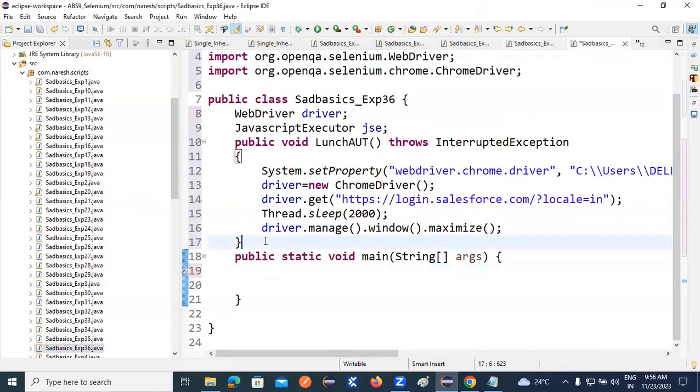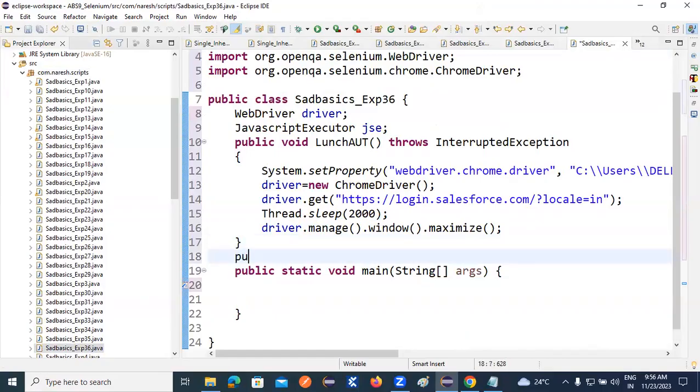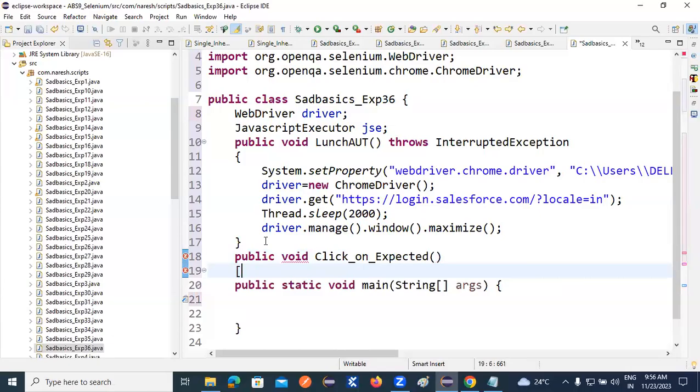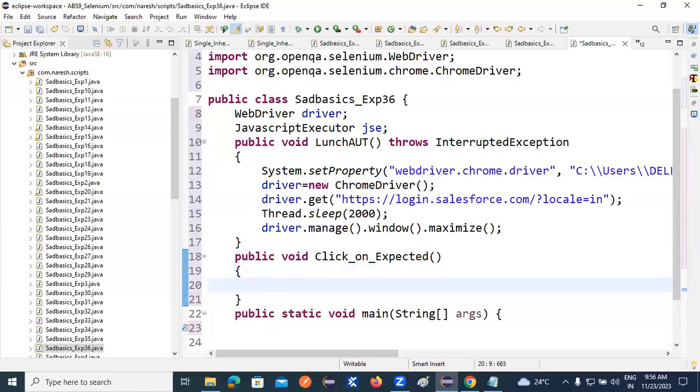Okay, see, public void click on expected. So first of all, we need to write JSC equal to